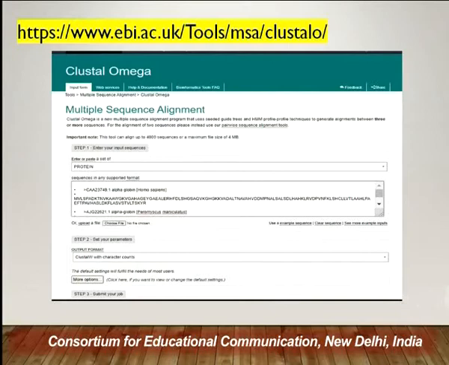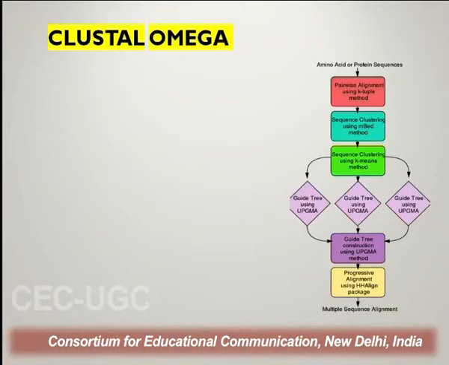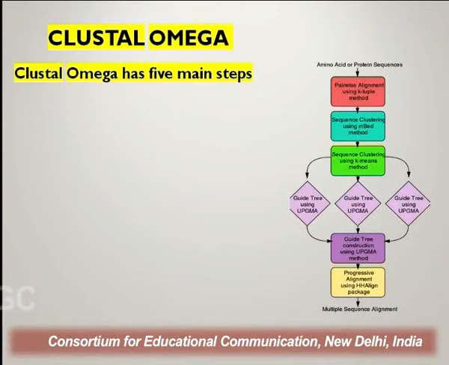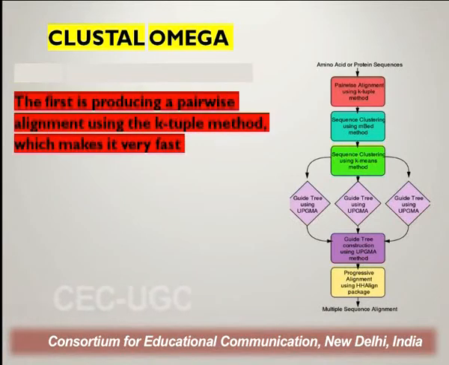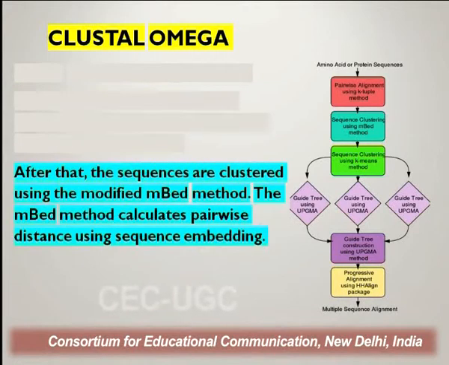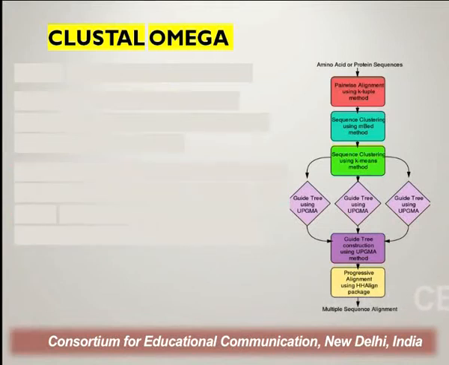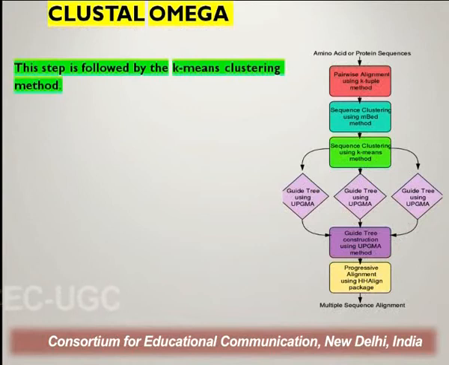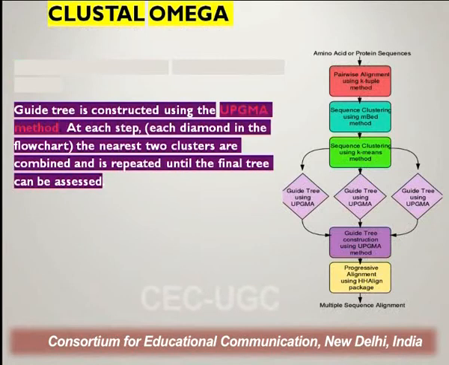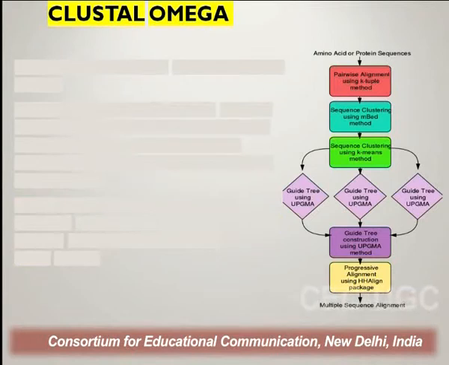Here we have lots of options which we could use, but I will just quickly tell you first what happens in Clustal Omega. Clustal Omega has 5 steps, and it uses the k-tuple method. So instead of each character, it uses a word method, and it decides based on words and makes the guide trees. In these guide trees we have a different algorithm based on HMM, and it uses that for building the final tree.